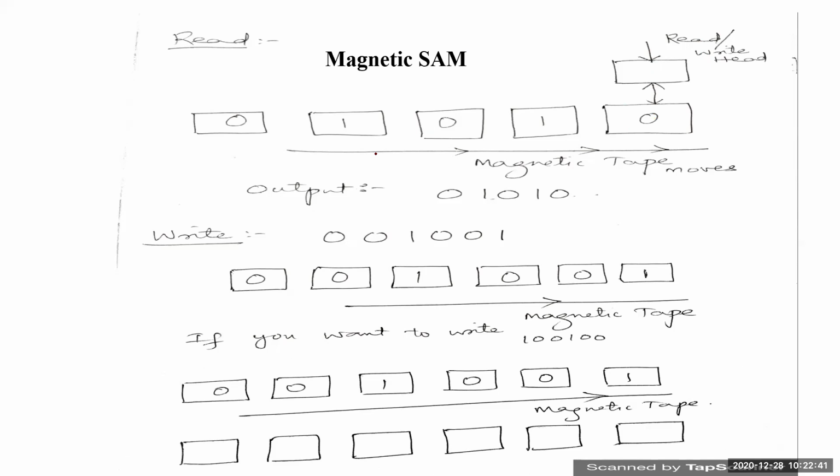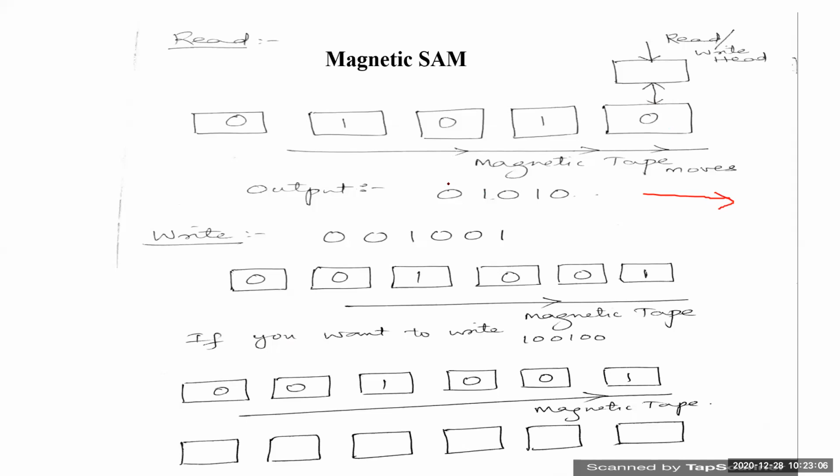particular SAM. So see now, this magnetic SAM is nothing else but just like a normal magnetic tape, where this tape will be moving. A tape will be moving from left to right. Whenever a tape moves from left to right, first this data comes on the motion of this tape. Whenever a tape moves in this direction, the first data will be 0.